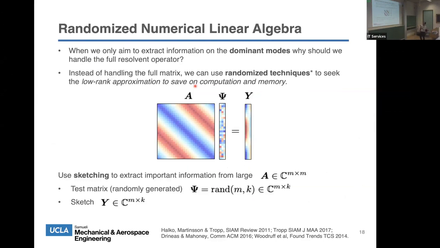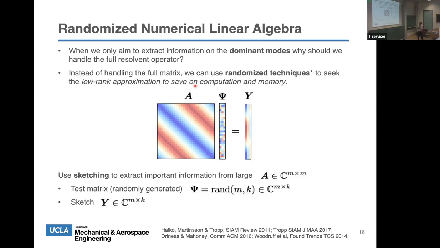So this randomized numerical linear algebra is something that we've been getting into, and actually Ati and Beverly have been looking into this as well. It's a really neat concept when you have these huge operators. If you think about it, we get this massive matrix and all we get is a single vector sometimes, or maybe a few. So from a point of view of how much information you're extracting, it kind of seems a